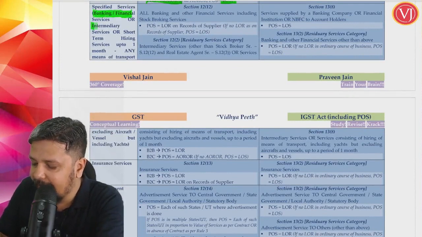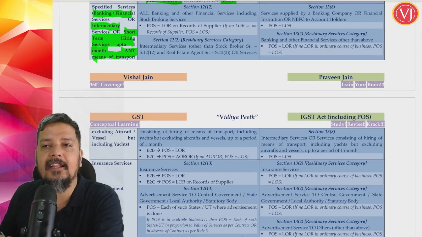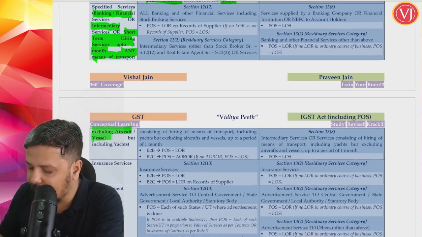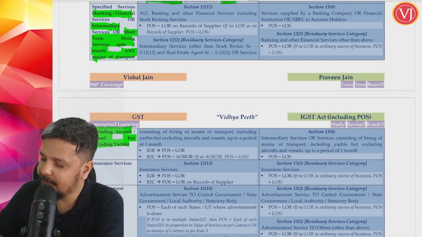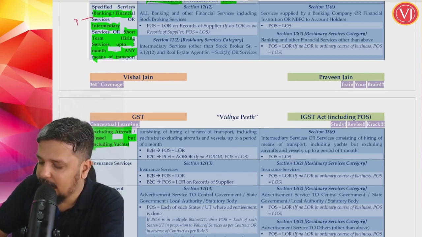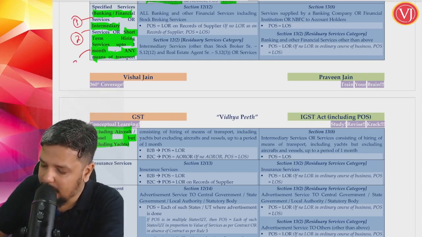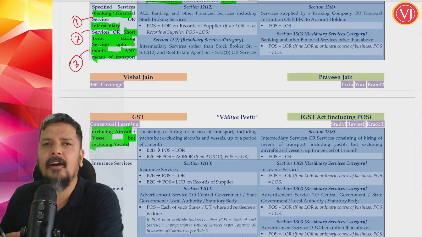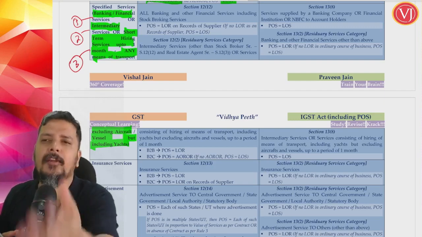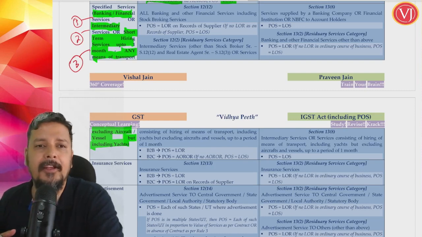Banking services, intermediary services, short-term hiring up to 1 month of any means of transport, excluding aircraft or vessel but including yacht, recreational ships. Now, what are the services being discussed here? Banking, intermediary, short-term hiring services up to 1 month of any means of transport. If it is more than 1 month, go to the normal category. I mean, if you are going for a vacation, you will be taking short-term hiring of vehicles, any means of transport, but it should not be